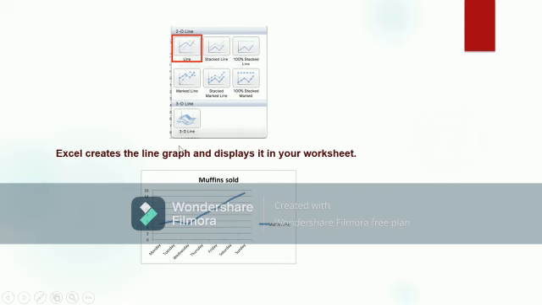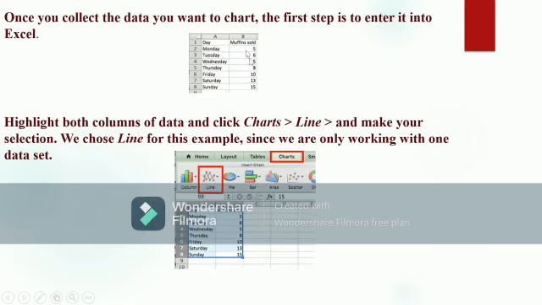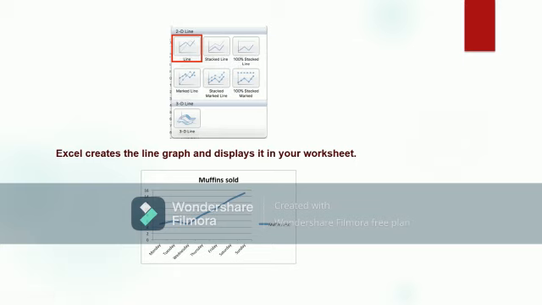First what we have to do, type the data in the Excel sheet, then select this data. While doing the practical I will help you to do all these things. Just select the data and go to the ribbon, select the chart list, and from that select the appropriate one. Whatever you want you can select, and then from that we have to select an option, because many types are there. From that also we have to select one, then you will get the output in the same Excel sheet